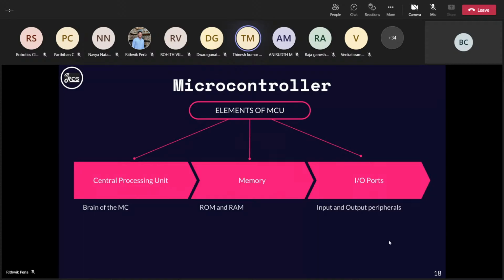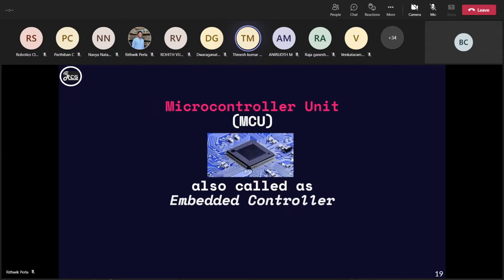Okay. Now, let's move on to the next slide. See, the microcontroller unit can be called MCU. This MCU almost attracts everyone in this world. We'll be calling a microcontroller hereafter in this presentation an MC or MCU. So please don't get confused. MC or MCU is a short abbreviation of microcontroller. And it is also called an embedded controller.